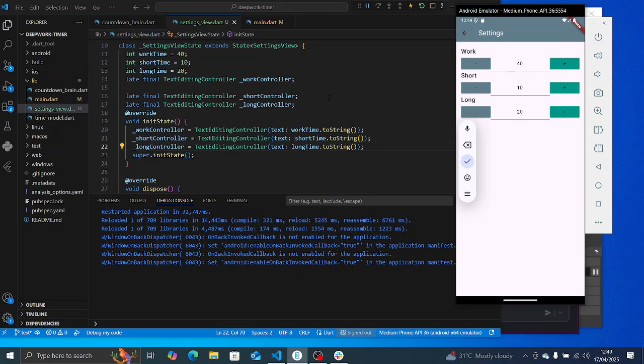Now, the reason why we create this variable here is because we want this value to be dynamic,